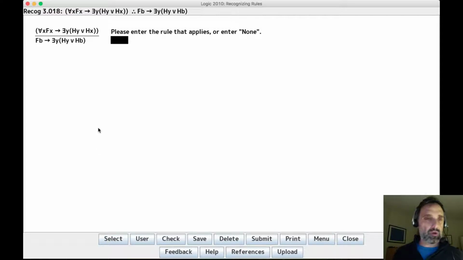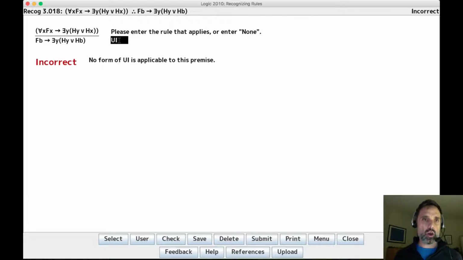All right, last one. Yes, okay. So some x, if some x Fx, then some y, Hy or Hx. And we have, it looks like we've done UI and replaced this x with a b and that x with a b. So is this okay? No, it's not, for a couple of reasons. First of all,